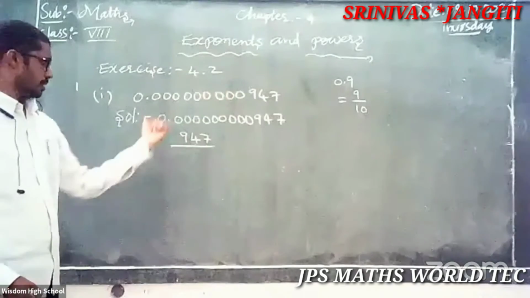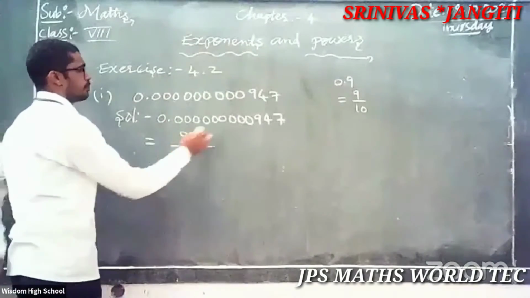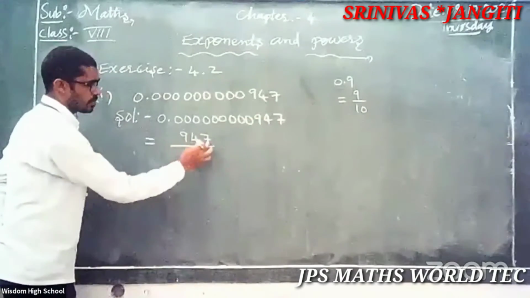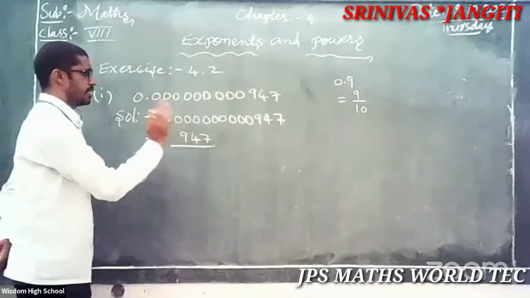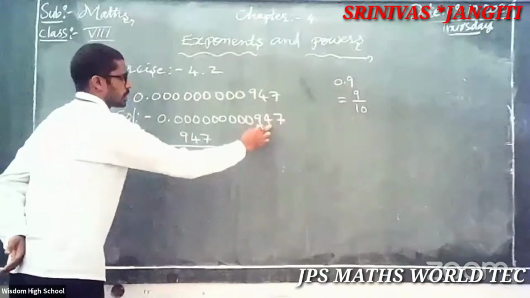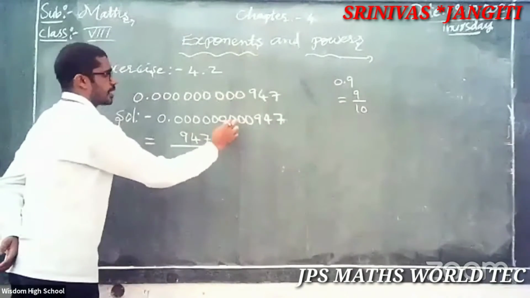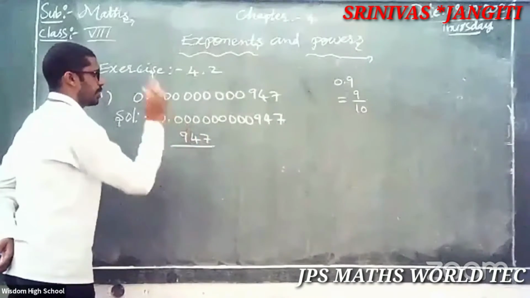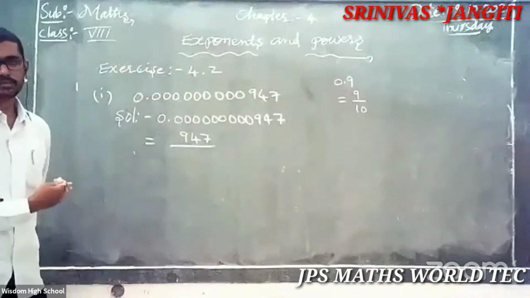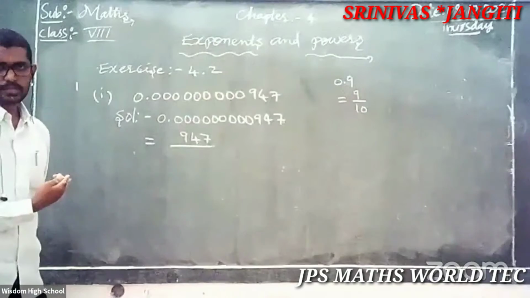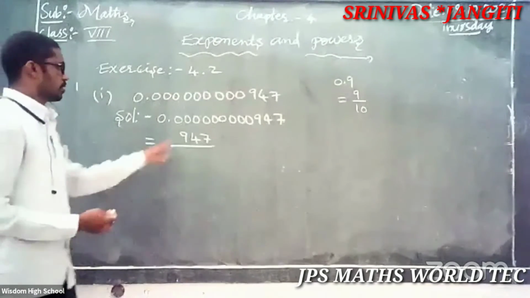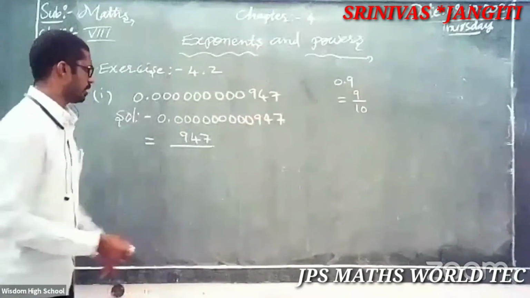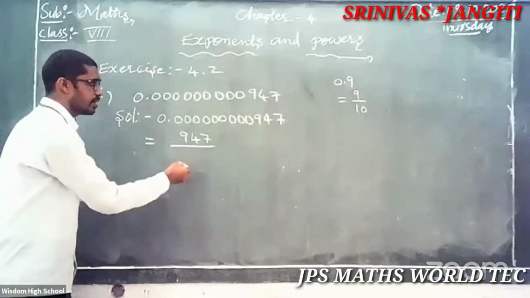Once you know that, it is easy here. How? Observe. Outside, in place of 9, 9, 4, 7 is there. That's why 9, 4, 7 is the numerator. Then after, count 1, 2, 3, 4, 5, 6, 7, 8, 9, 10, 11, 12. How many places after the point? Tell me. Here 3 zeros, 3 zeros, 3 zeros, total 9 places, and the 3 digits, total 12 places.